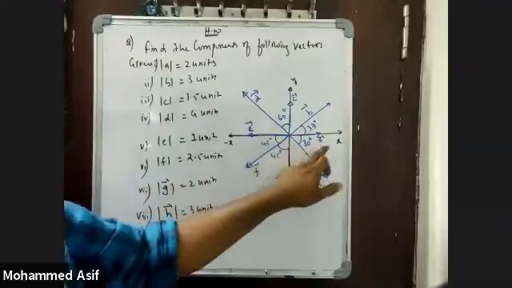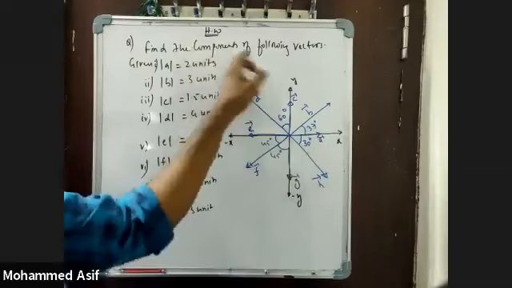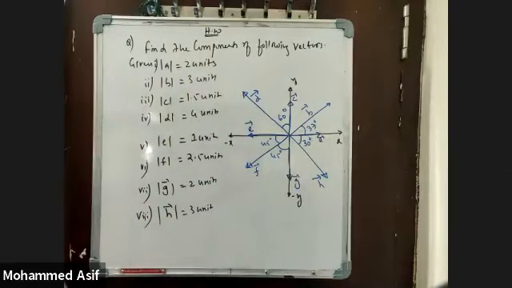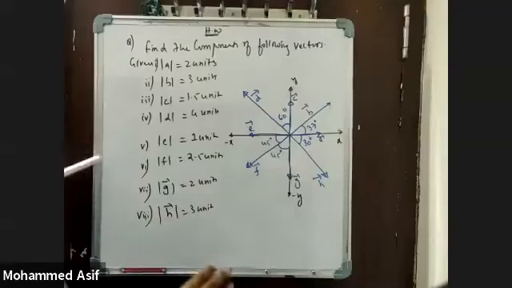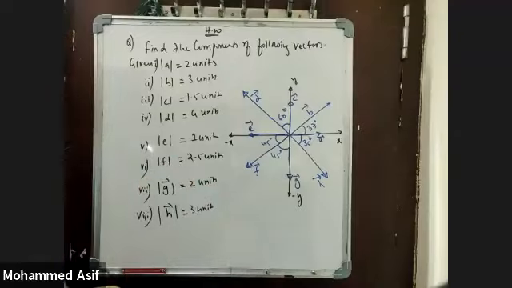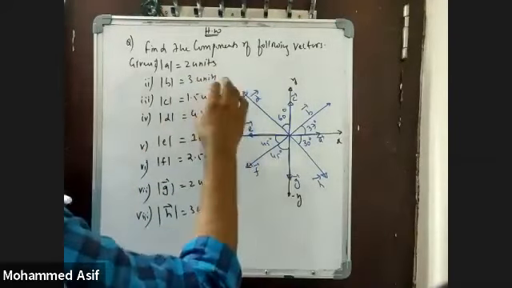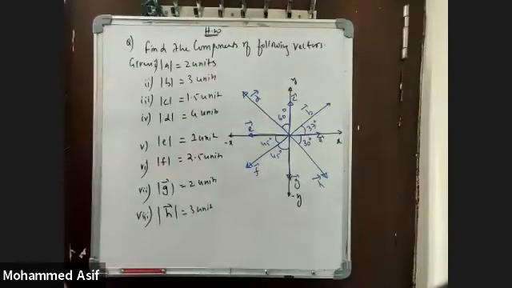A vector is 2 units, given along the x-axis. B is equal to 3 units, making an angle of 37. So what do we need to write? Components. What do you mean by components, beta? Splitting of a vector into its x-axis and y-axis. Clear? Do it on a clean paper and try to WhatsApp the answer in the group in which all of you are present. Give me the answer in detail. What will be the X component of A? What will be the Y component of A? The same way for B, C, D, E, F, G, as well as H.